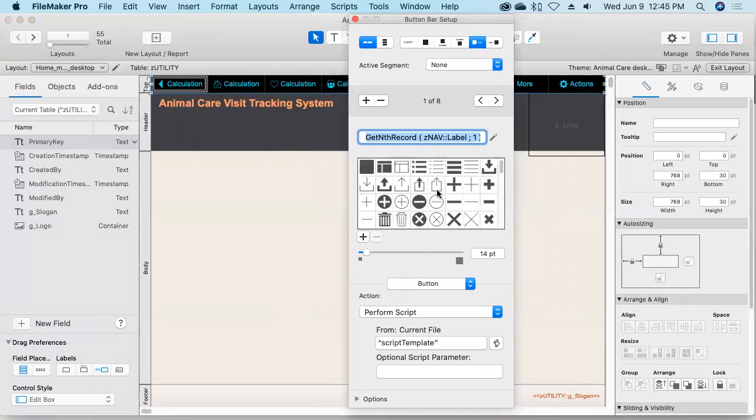The first segment's not a good example. Let's go to the second segment. There we go. That's a better example. This used to be the home button, and it's programmed to run the script called go to layout that has